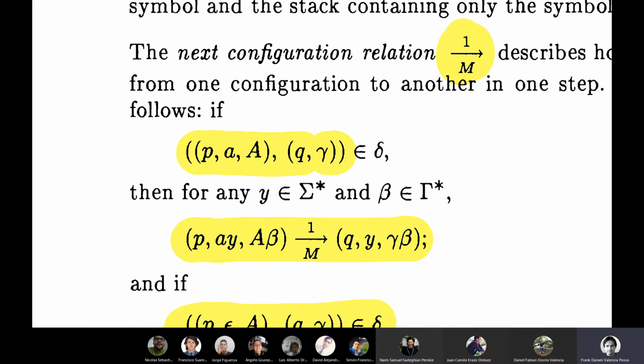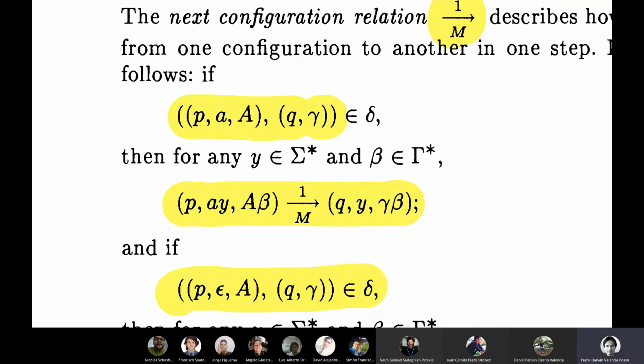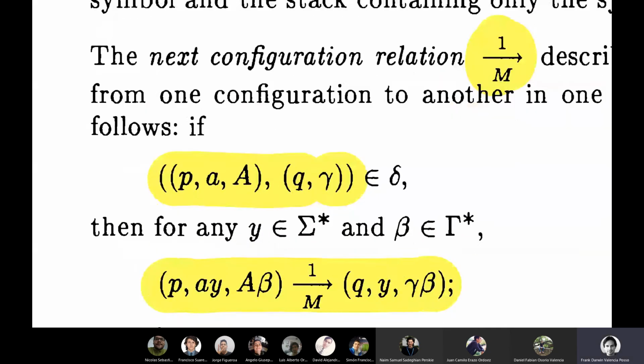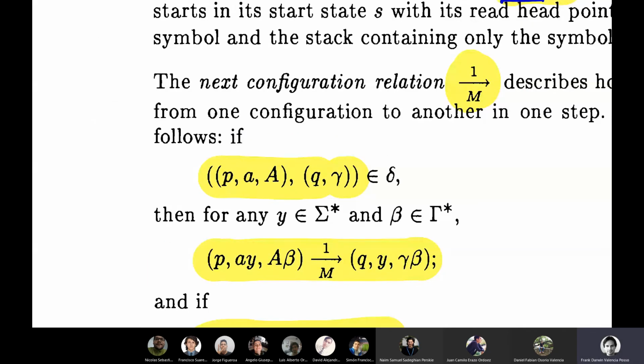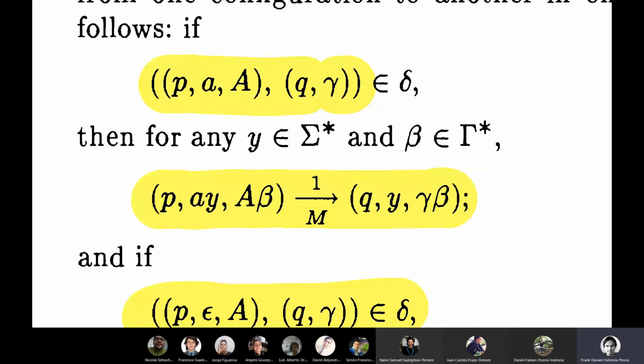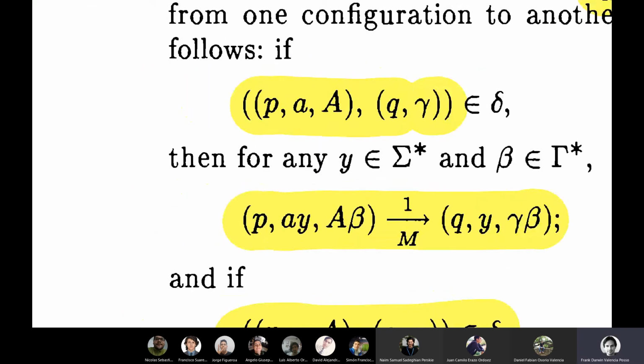Suppose that you are in state P, you are reading A, and A is on top of the stack. You need to know what's the next, and you are saying my next state is going to be some Q and some gamma. What's gamma and what's Q? So here is the move, the corresponding move. So this is one of the transitions, right? So this is the one that, if we draw this,